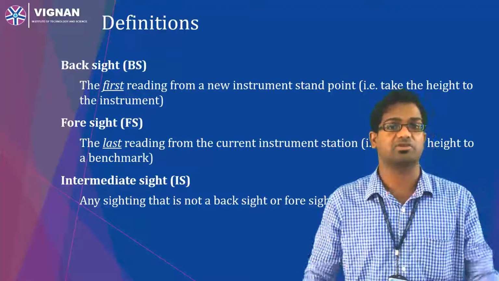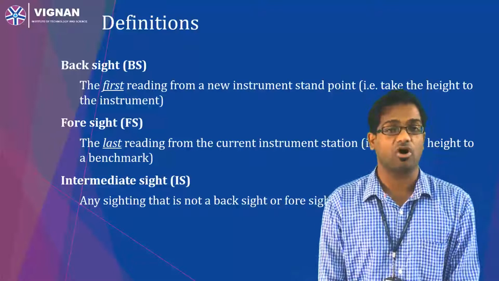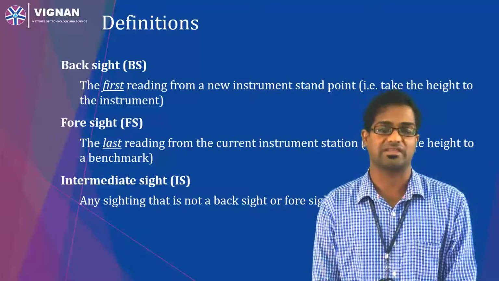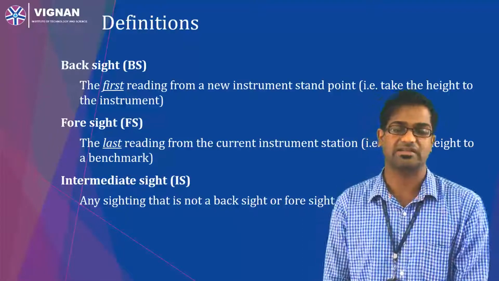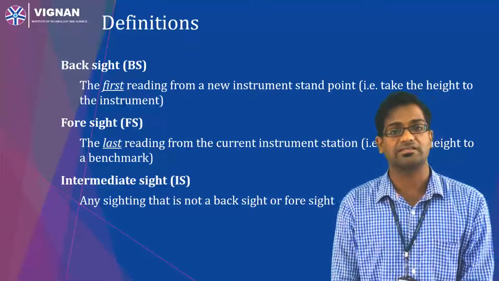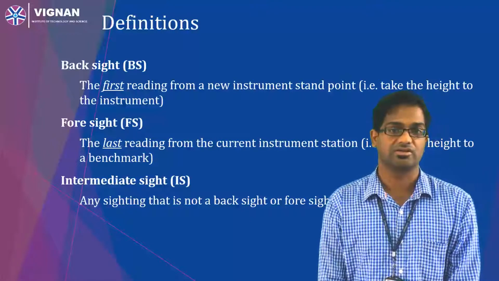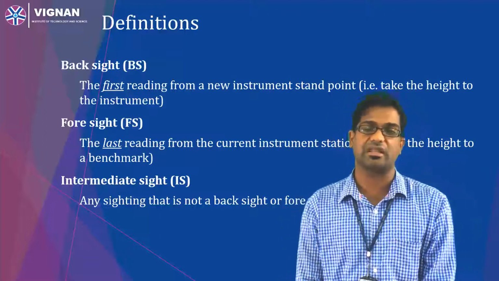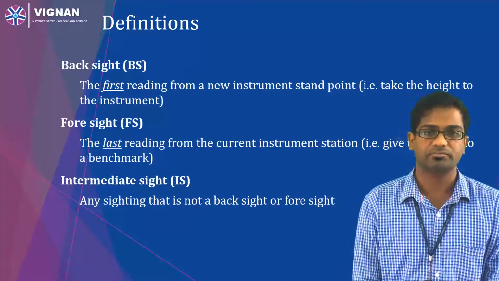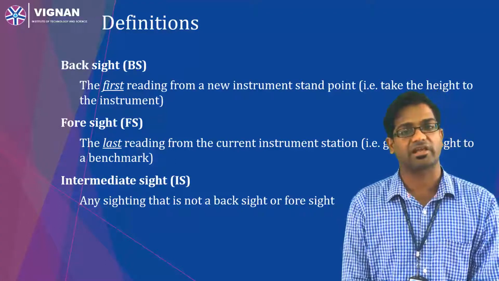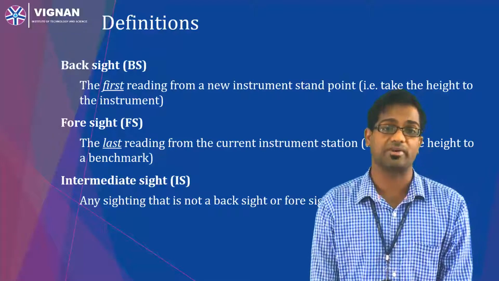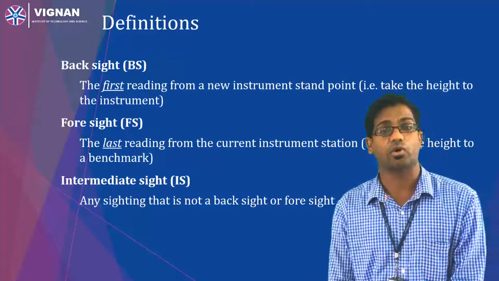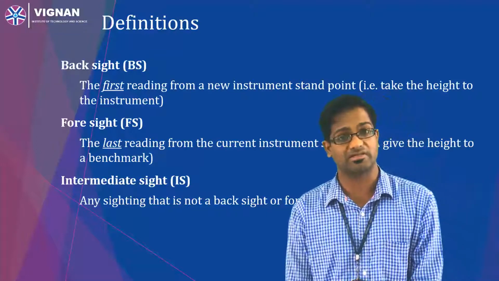In between these two, back sight and foresight, the surveyor often takes different points. He can take many levels as far as visibility is concerned. These sights are called intermediate sights. So, when we note down these levels in tabular form, back sight, intermediate sight and foresight columns will be present. We should always remember what is back sight, what is foresight and what is intermediate sight.